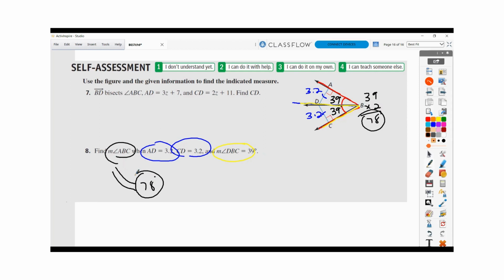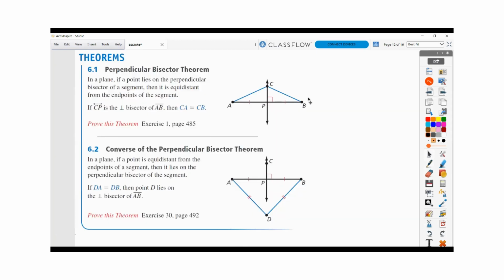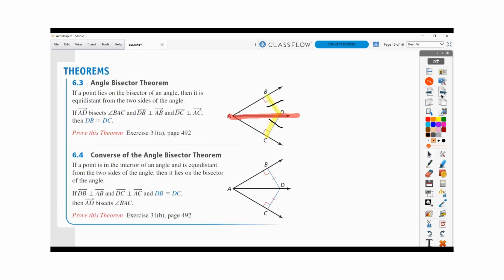So hopefully, guys, this lesson in summary, if a point is on the perpendicular bisector of a segment, going back to the first theorem, it is going to be equidistant from the endpoints of the segment. And the converse, if a point is equidistant from the endpoints of a segment, it must lie on the perpendicular bisector of the segment. If a point lies on the angle bisector, on the bisector of an angle, it's equidistant from the sides. The perpendicular distance to the sides is the same. And the converse, if a point is equidistant from the sides of an angle, it must lie on the bisector